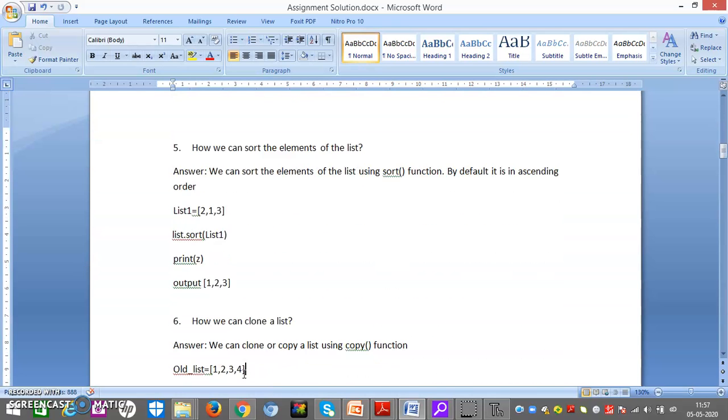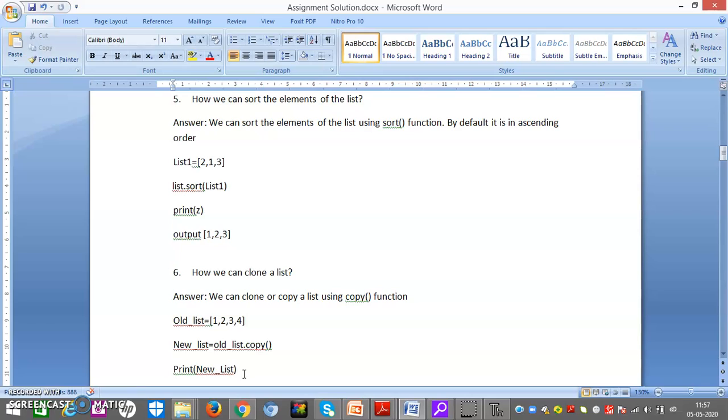Now how can we sort elements of a list? We can sort elements of a list using the sort function. By default it is in ascending order. It is a very important function, as we can sort the elements in different ways. So print Z. Now sorting will be done: 1, 2, 3. This is ascending order.